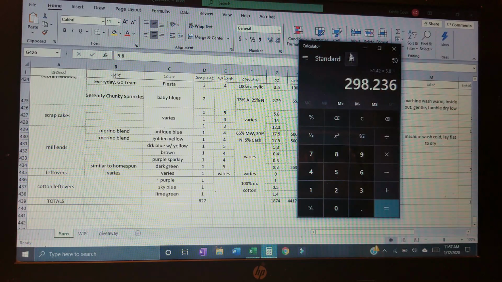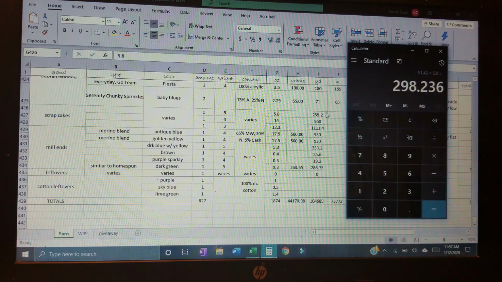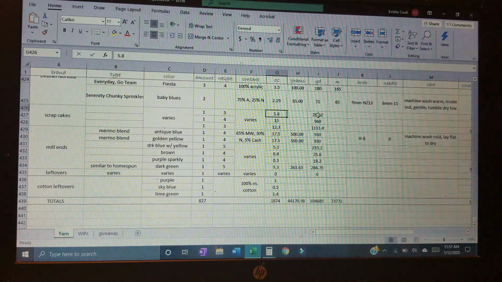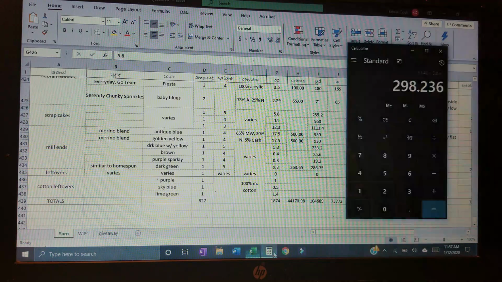Now, if you'll notice, you can see my yardage here. This is a number 5, and the one I used as an example was a number 4. So you can see how the yardage varies, but I base it on what I put into my scrap cake, so I can get an approximate amount of yardage. And that's what I do. So, if you didn't know how to do that,